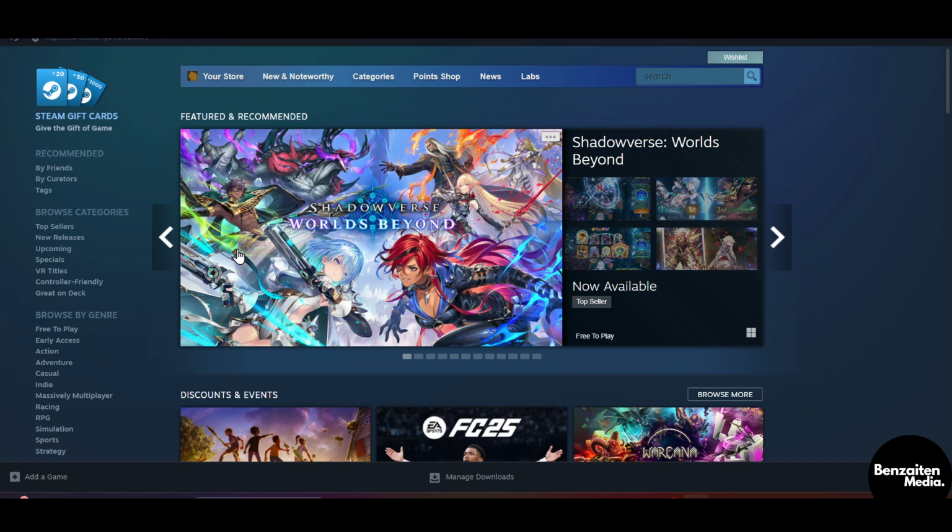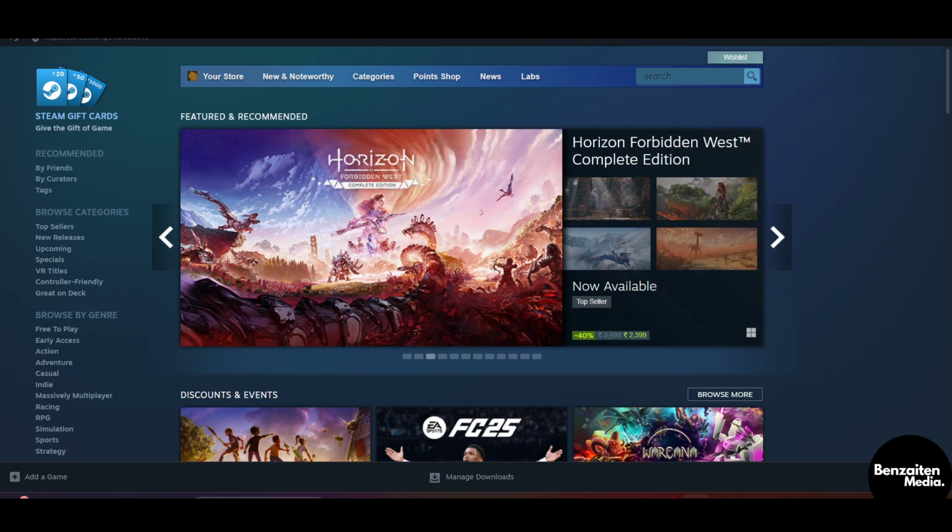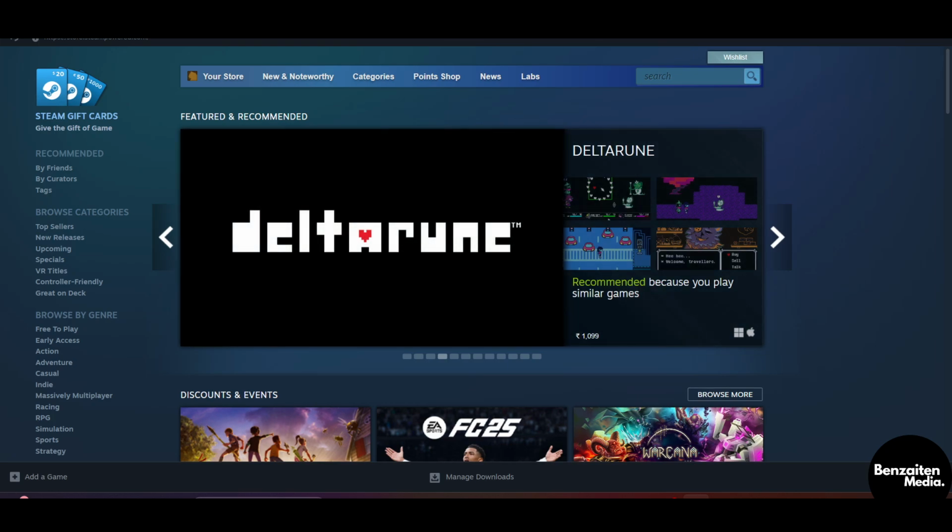Typing, you will be redirected to the login or sign up page of Steam, wherein at the top on the right side, you will see the login button. Click on that, and if you don't have a Steam account, click on sign up and then sign up with your email, password, and other credentials to create your new Steam account. But if you already have a Steam account, simply click on login and then you will be logged into the